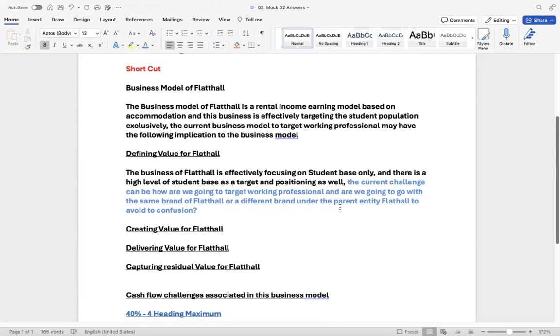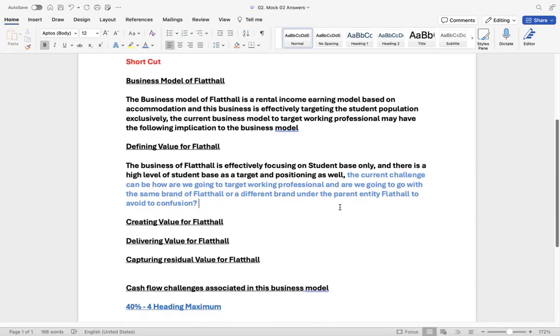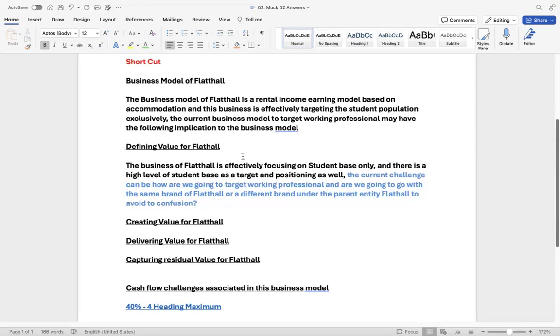Can I get a Y in the chat box, students, if you are understanding this perspective? Are you clear with this defining value for FlattHall? Excellent, thank you. Now, students, understand it. The answer is going very much towards this. One more thing, I will just write it down. This is a little bit of intelligent understanding. Another factor to be considered